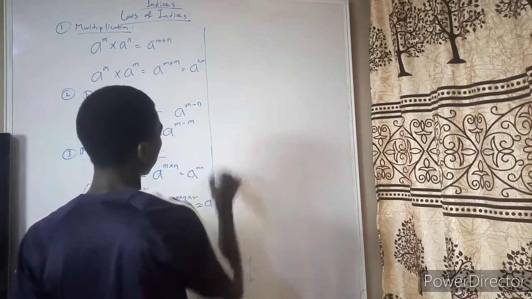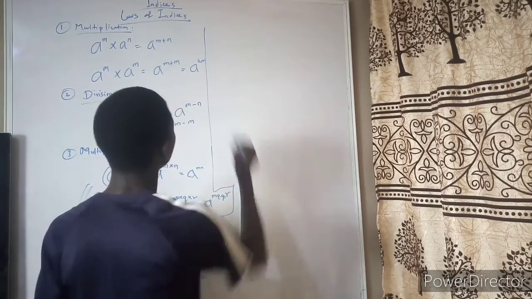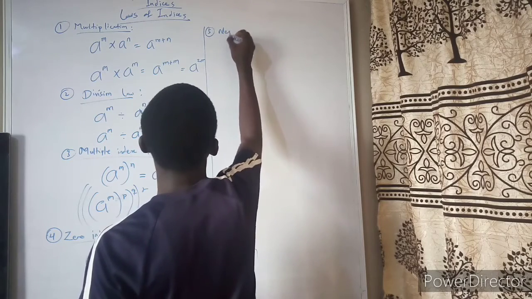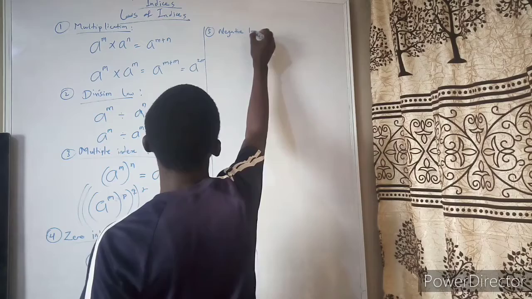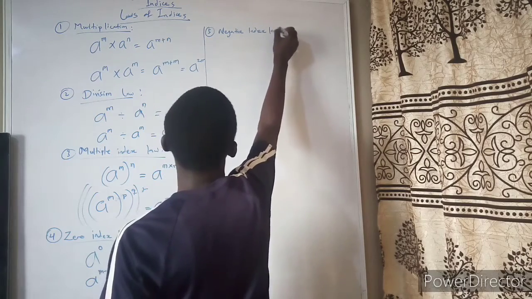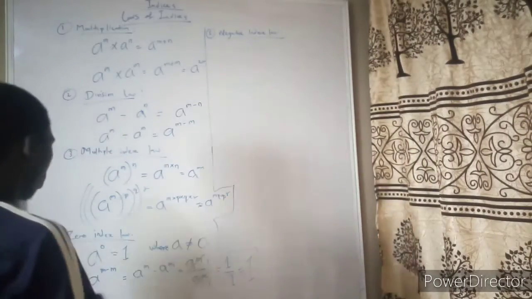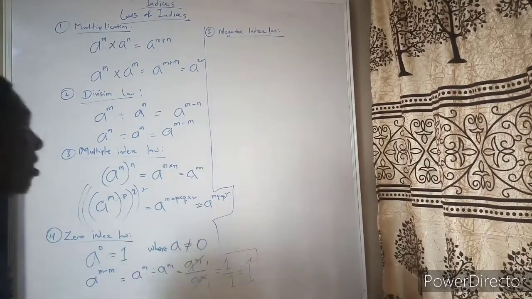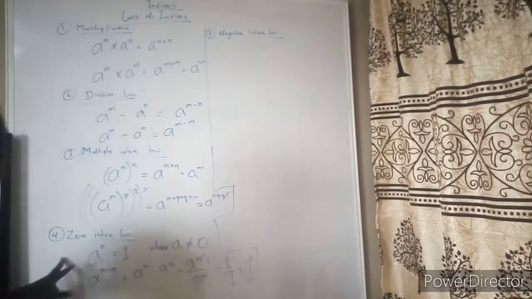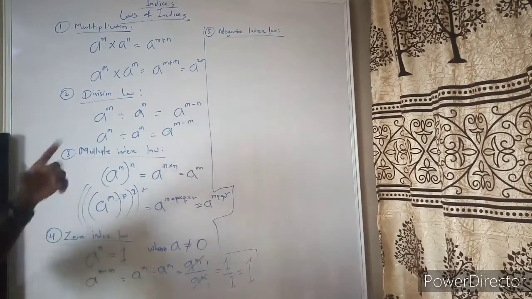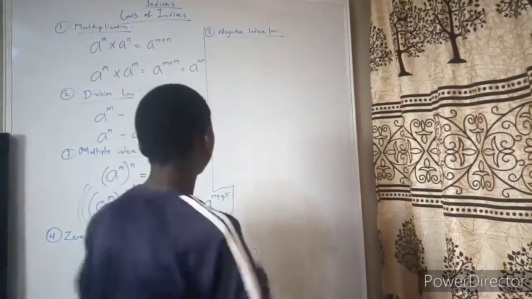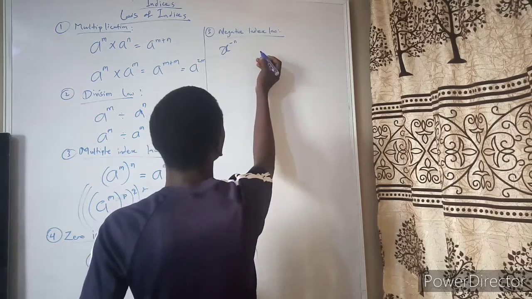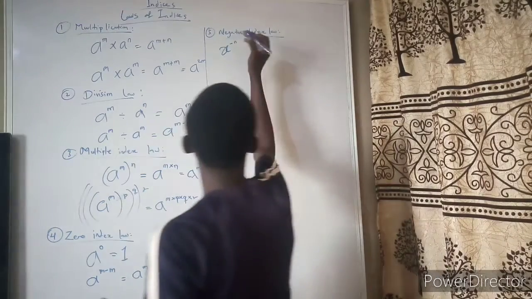The next one, the fifth one, is the negative index law. Now the negative index law, as its name implies, means the power in this case will be negative. The power was 0 in the last one, and in the multiple index law, it is more than 1. So the negative index law is when the power is negative. What if we have x raised to power minus n? What do we do? This law states that